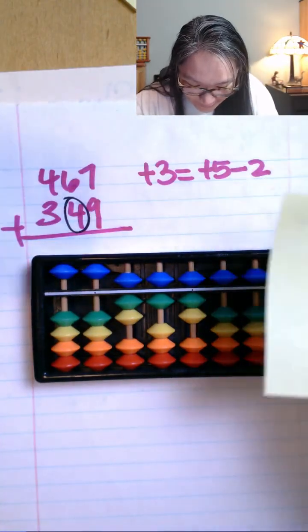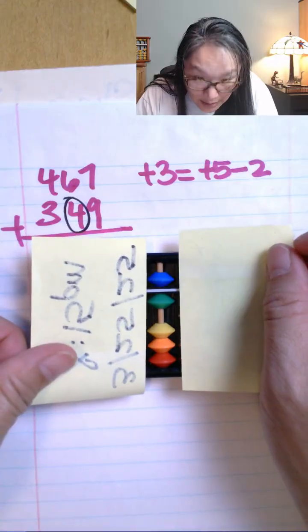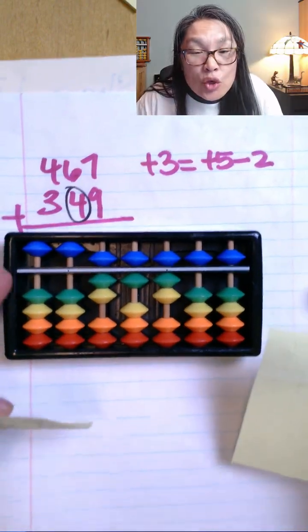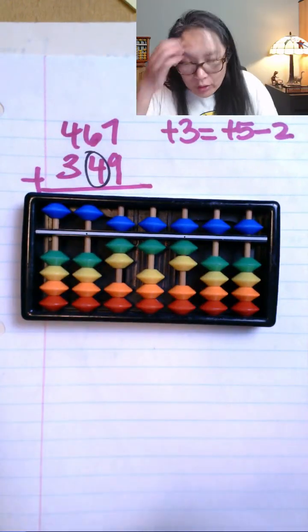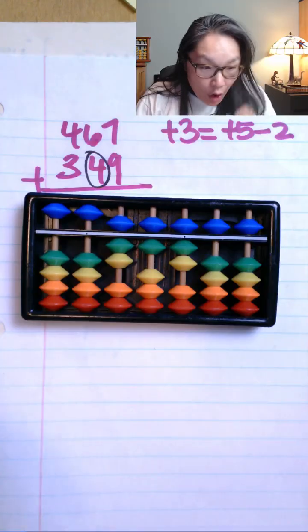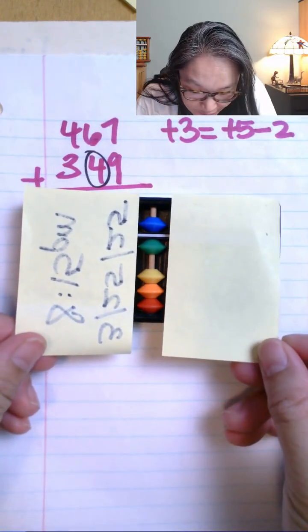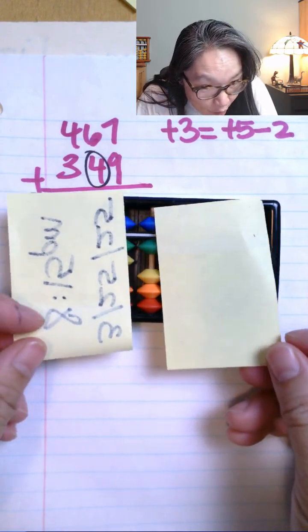That's so funny. So I want to add the 4. I want to add the 4 here. I'm not adding 40. So in new math, we say add 40. But in Abacus, all we're doing is isolating the column. We only look at this, we want to add the 4. Well, to add the 4,